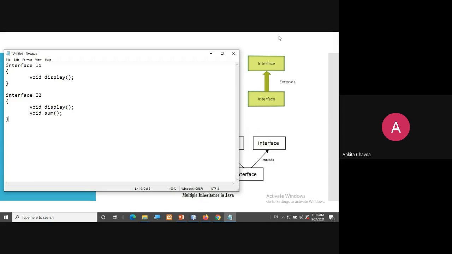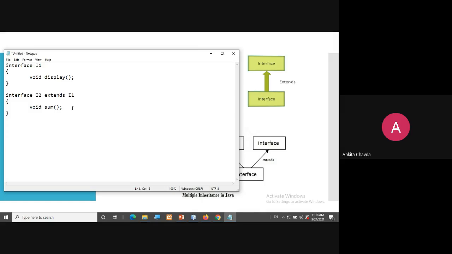You are repeating the same thing. To shorten this, remove void display from here and write interface I2 extends I1. So I2 actually has two methods: one is void display and the other is void sum.